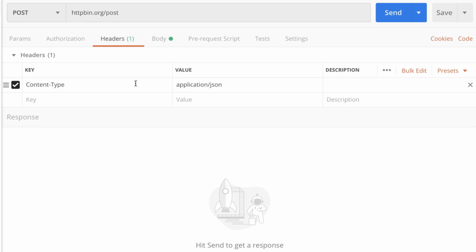And now Postman has recognized, hey, you want to send JSON? Let's tell the server in advance that what we are sending here is JSON. Because otherwise, it will make it harder for the server to understand what we are sending. For some reason, the server may support different formats. And it always helps to say in advance, hey, I'm sending you JSON, and you should parse my request body as JSON. So when we send this request,